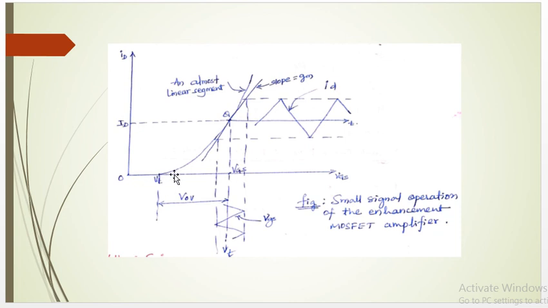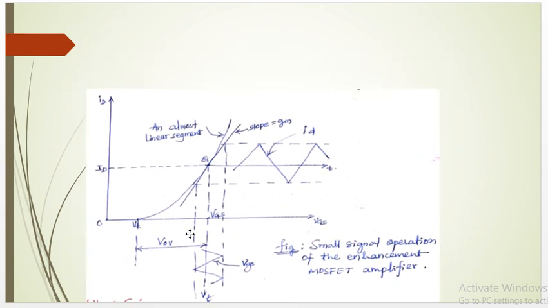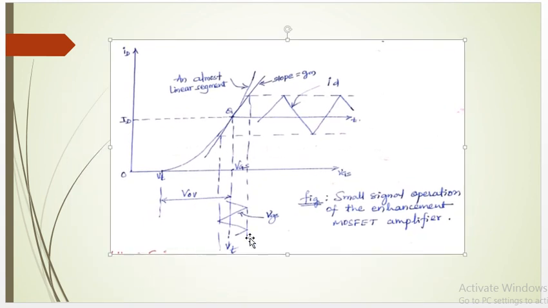So the overdrive voltage, VGS greater than threshold, or this difference VGS minus VT, will decide the maximum signal swing at the input. From this graph, I suppose you are clear with this concept. Input signal swing means, from this reference line, how much peak value it can reach, that is VGS minus VT on either side. So total peak to peak is 2 times VGS minus VT.